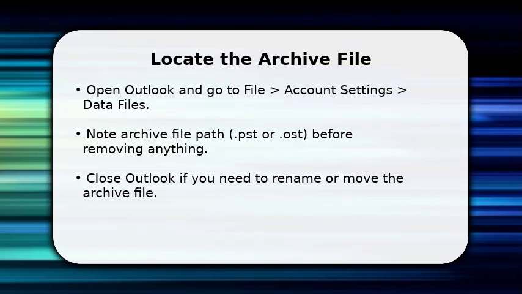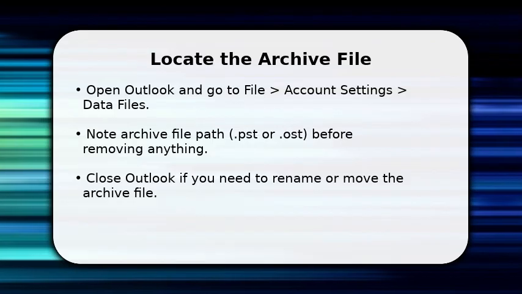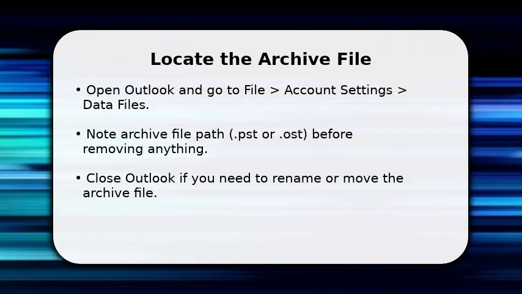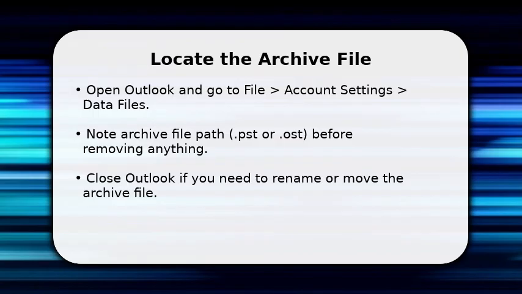You start by finding the archived store so you can safely remove it. Open Outlook, go to File, then Account Settings and Data Files to reveal the full path and type of the archive file. Once done, make sure Outlook stays open if you only need to disconnect. Close Outlook if you plan to move or delete the physical PST. You do this because removing a live file versus deleting a stored backup requires different safety steps to avoid